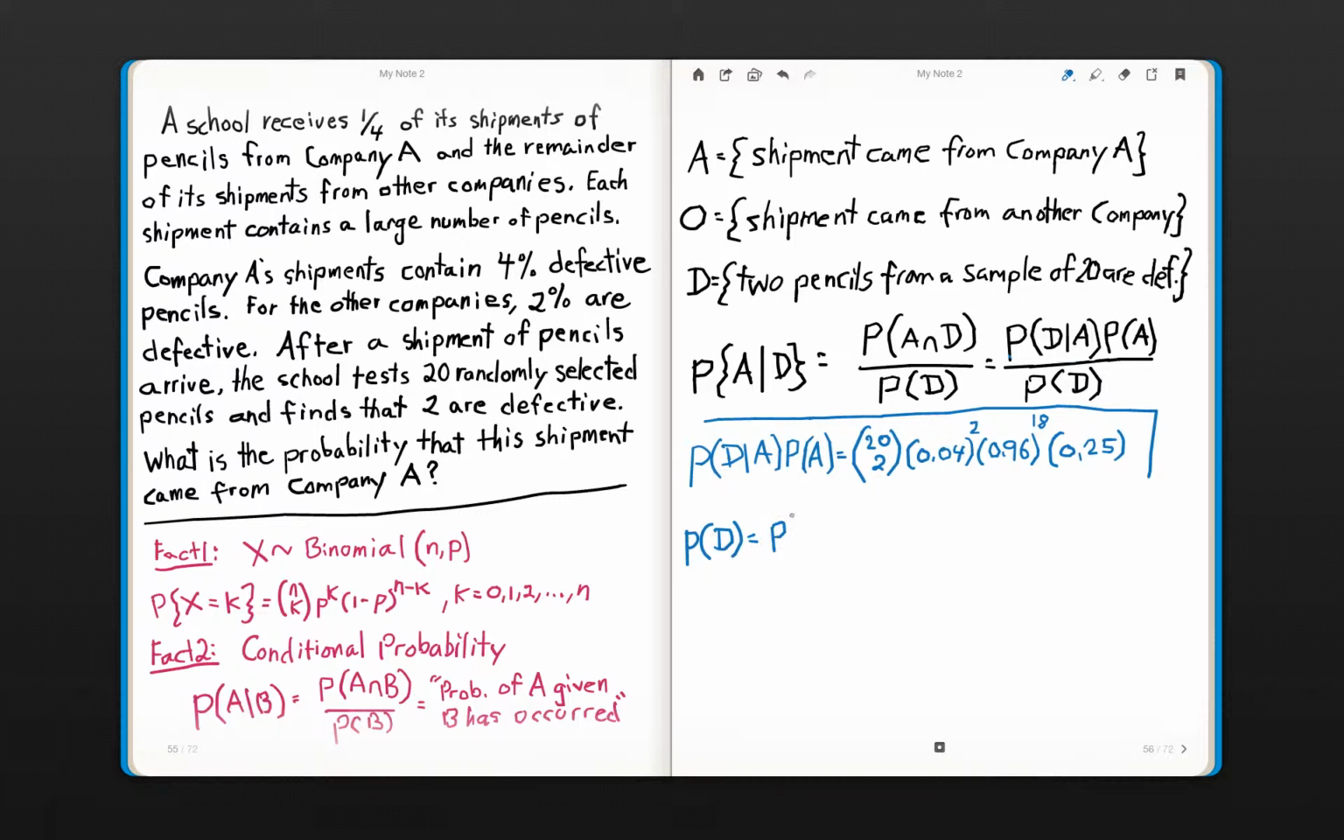So to actually compute the probability of D, we would need the probability of D given A times the probability of A. Now notice we've already computed this, so that's nice. But we also need to weigh the probability if the shipment came from the other company. Okay, and so this is equal to precisely what we already have right there, so I'll just indicate that with star. Okay, where star is up here,